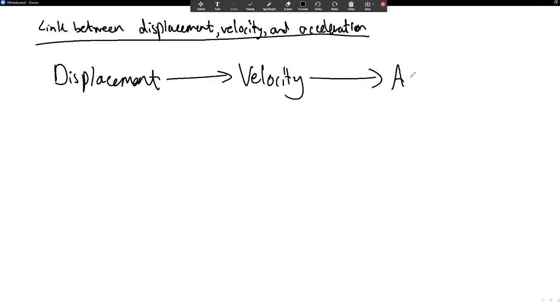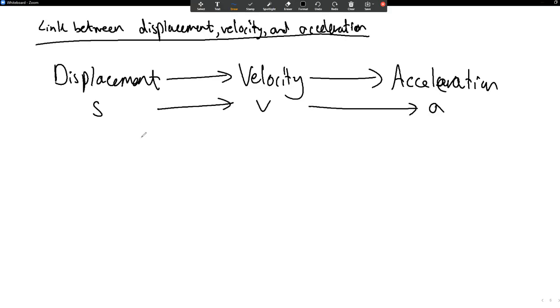To get from displacement to velocity to acceleration, or s to v to a, what you want to do is differentiate, because remember,